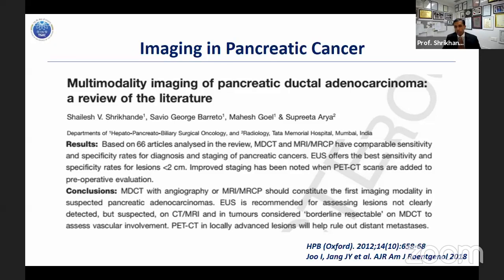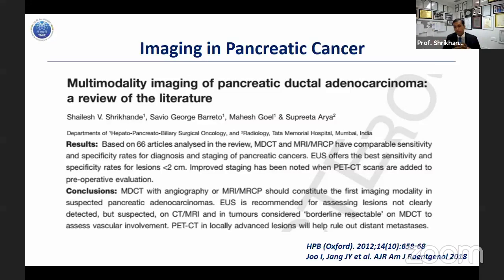So which is the commonest investigation that I would do to evaluate a pancreatic tumor? I would just do a well-done pancreatic protocol triphasic CT scan of the abdomen and pelvis. I would also do a CT thorax to complete a part of staging. A routine PET scan is not a must, but I will come to the ABC classification. And if you have any concerns, you can always do a PET scan as well. Some people would not do a CT scan and they would do an MR.